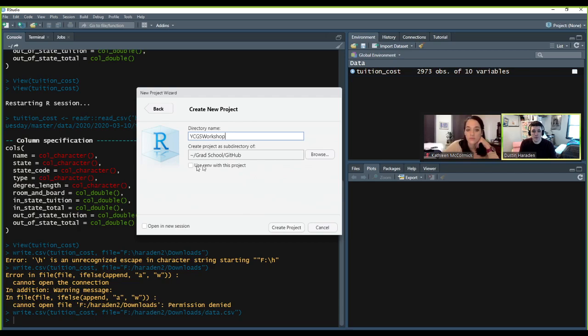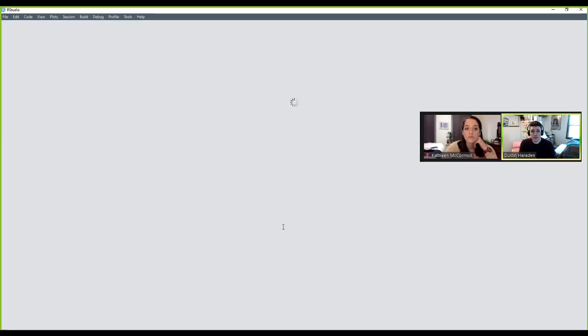And you don't need to have these boxes checked. If you want it to open in a new session, that just means that it's going to create a new R session, a new R window, and then that will be your project. But you don't have to do that, and we won't do that right now. Now you can go to Create Project,